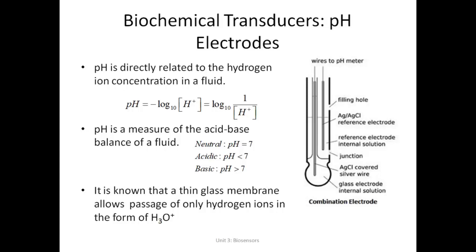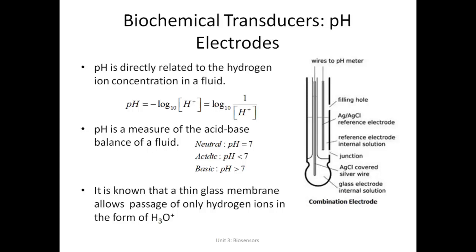The AgCl covered silver wire is dipped over there. With this AgCl and the hydrogen ions that are entering the bulb, a reaction takes place and a potential develops. Oxidation reduction reactions take place. A potential is developed, and since at the top it is written wires to pH meter, you have a meter in between, and then it is connected to the reference electrode, so it completes the circuit. This AgCl is considered as zero potential, and whatever potential is developed on this wire,